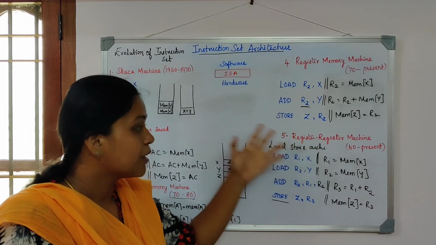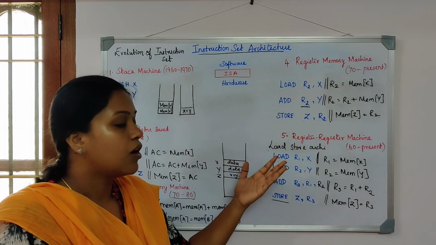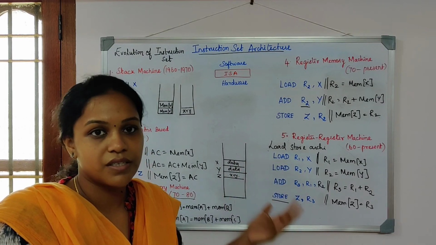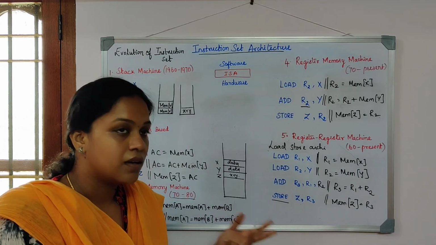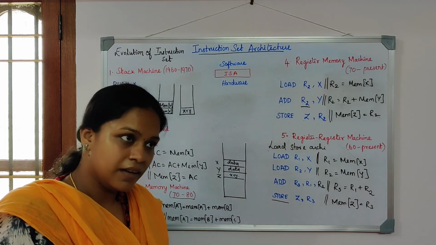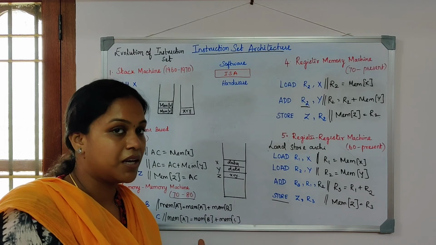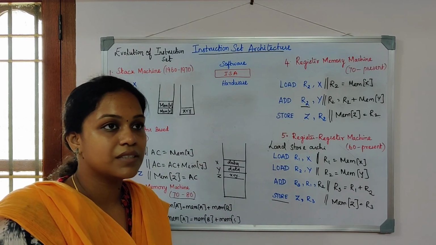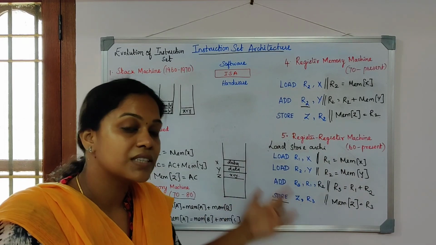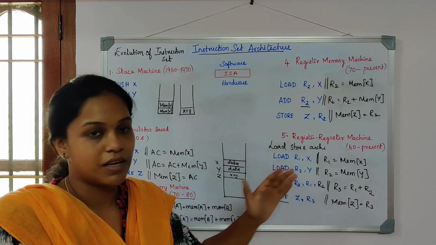This is better compared to the earlier versions because there are nearly 32 general purpose registers available in almost all the instruction set architectures, and bringing the data to the register is simple and manipulating the data is faster when compared to that in the memory. So all these advantages make register-memory and register architectures much faster than these architectures. So these two are used in the present scenario.